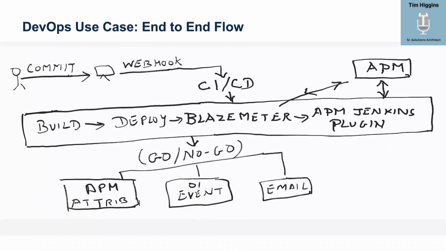Now, the use case for the application is the customer will commit a change. It goes to a webhook. It goes to a build deploy. Then we'll go through BlazeMeter. Now, we use Jenkins for this over here and Git, but you'll see that in a few seconds. The BlazeMeter then would send metrics to APM as well, but APM also has a Jenkins plugin. Now, to let you know, you don't have to have Jenkins or BlazeMeter for any of this. All you really need is APM and AXA.